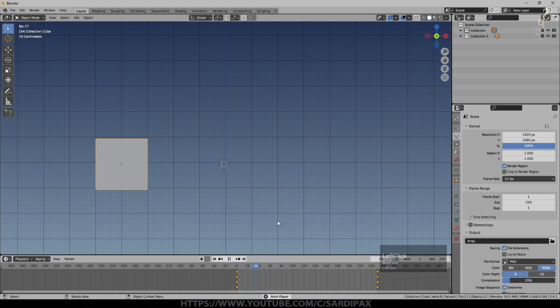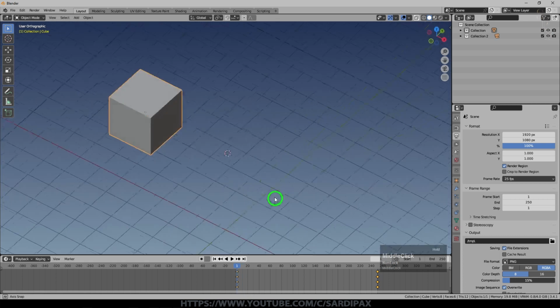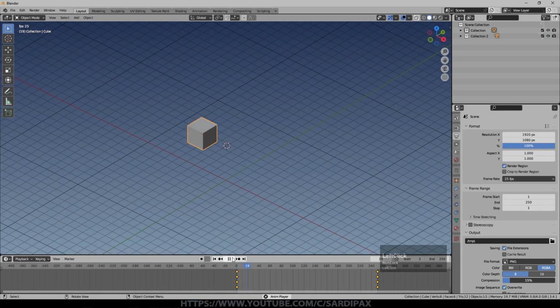So with this one, you can see it's nothing to start with. It's very, very slow, and then it starts to speed up, and then of course exponentially speeds up until it hits the end, going at its maximum speed. Most common ones you're going to use are either the default Bezier or linear, and of course you can play it backwards as well. So if we look from an angle here, there's our cube moving.